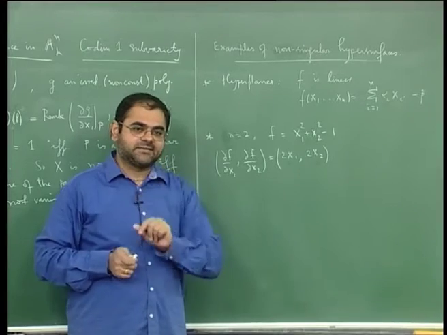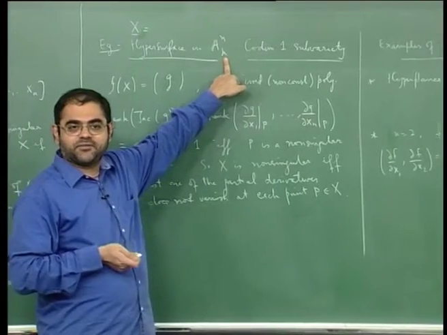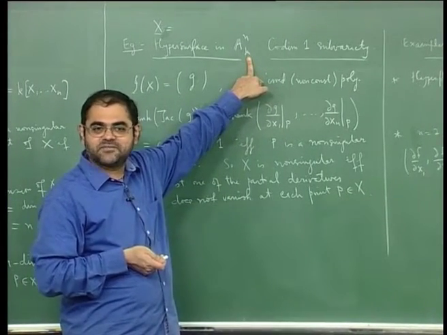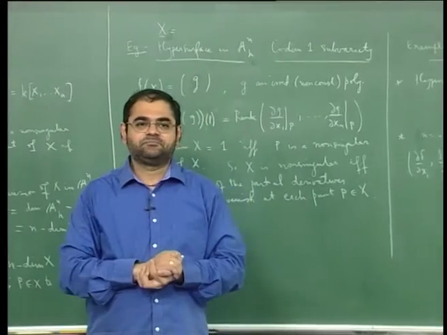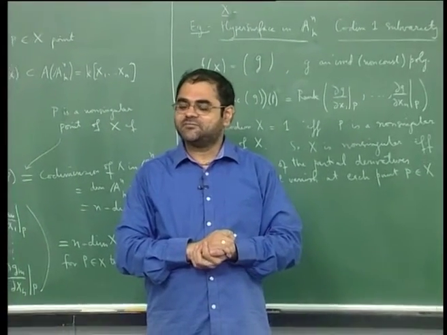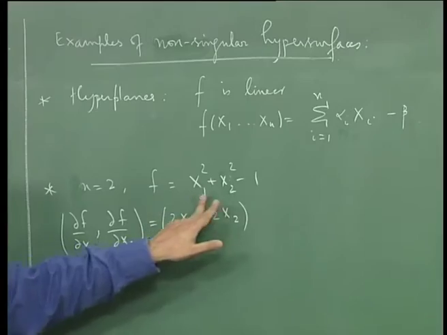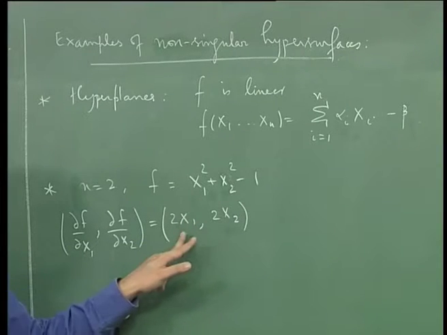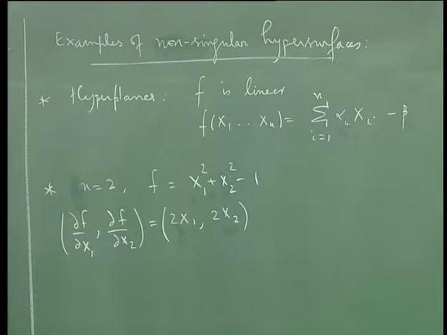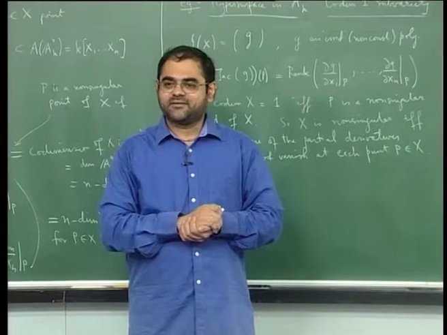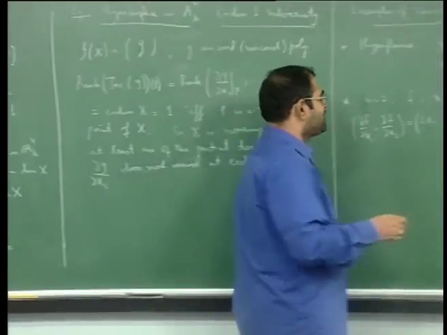But there is a catch. The catch is that this k could be an algebraically closed field of characteristic 2, in which case this will be identically 0, because in characteristic 2, 2 is 0. So if k is an algebraically closed field of characteristic 2, then this will vanish. So you have to be careful about the characteristic of the field where you are doing these computations, and so let me put characteristic not equal to 2